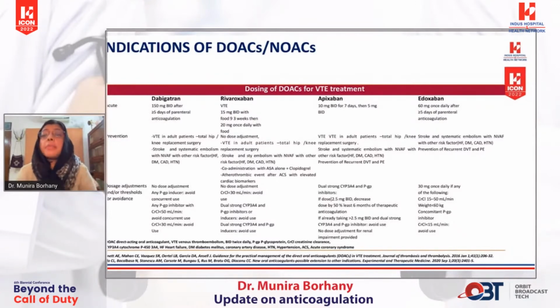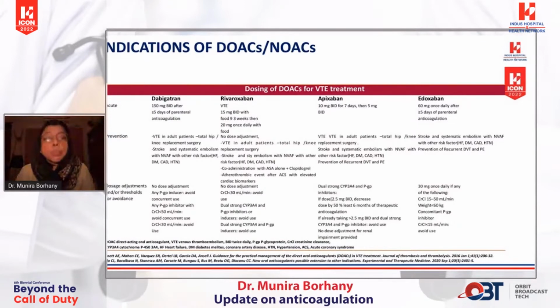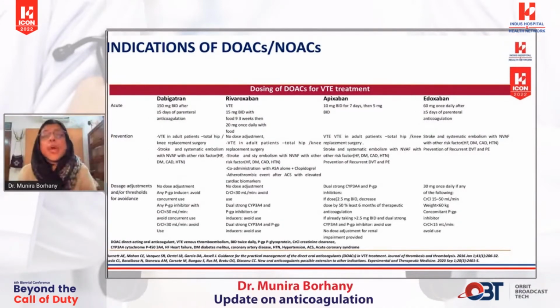इसी तरह एडॉक्सिबैन में भी पैरेंटरल है, लेकिन रिवॉक्सिबैन स्टार्ट विद 15 मिलीग्राम BD डोज फॉर 3 वीक्स, followed by once daily dose. Apixaban जो है 10 milligram for 7 days, उसके बाद हम 5 milligram BD डोज में देंगे। प्रिवेंशन में भी यूज होता है ये, और प्रिवेंशन में हम हिप रिप्लेसमेंट और बाकी सारी चीजों में ये यूज करते हैं। डिफरेंट इंडिकेशंस हैं DOACs और NOACs की, सच एज डैबिगेट्रन है, रिवॉक्सिबैन है, एपिक्सेबैन है, एंडोक्सिबैन है।